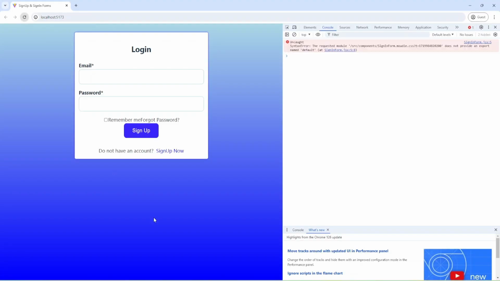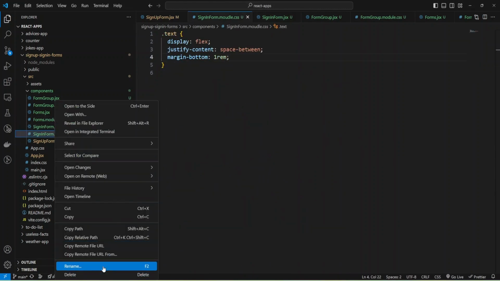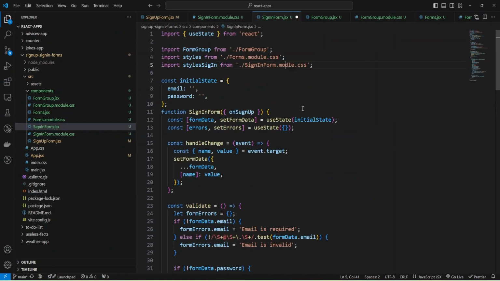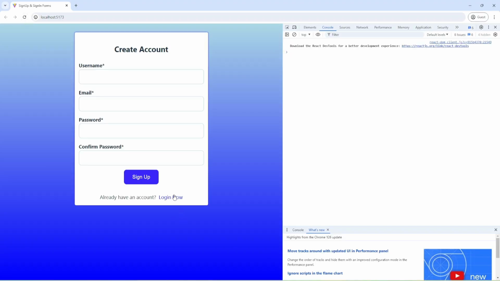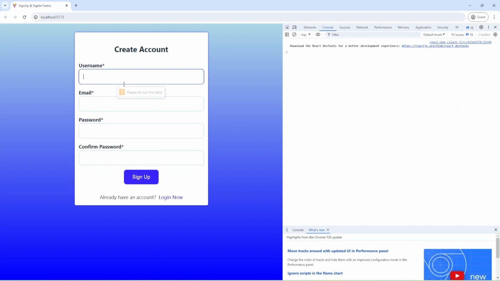I'm going to refresh it. And I have error. And let's check. Okay, I need to fix the name. And so here. And let's check again. Okay, I have my form, and I have my login form, and as you can see, I have remember me and I forgot a password, but it doesn't work now. You can add some functionality if you want, and let's check that our forms work.